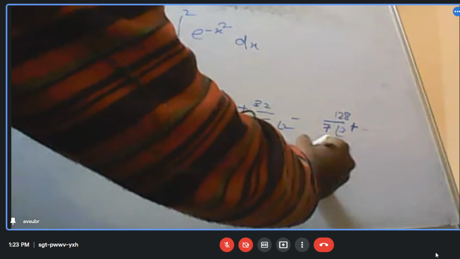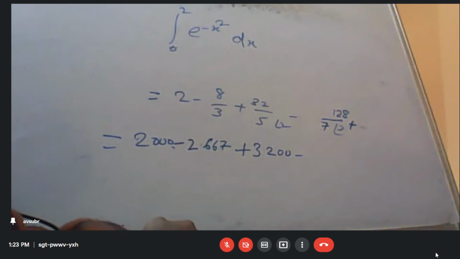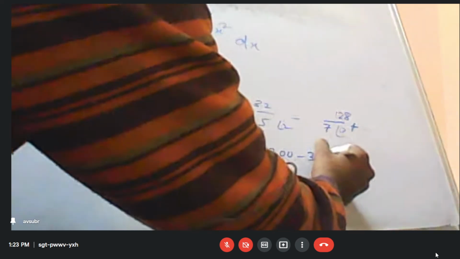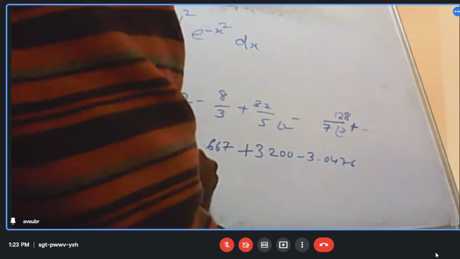What about this term, 128 by 7 into 3 factorial? 3 point something, 3.0476. 0476. The fourth term will be